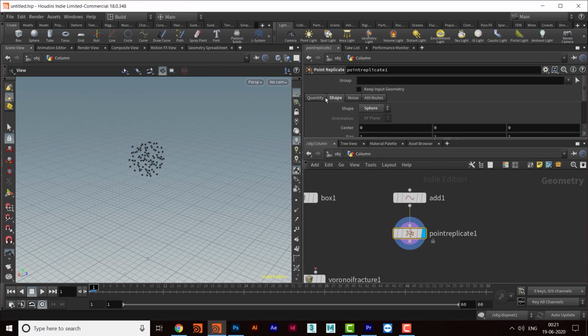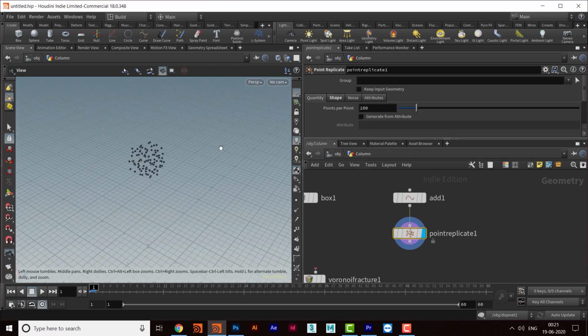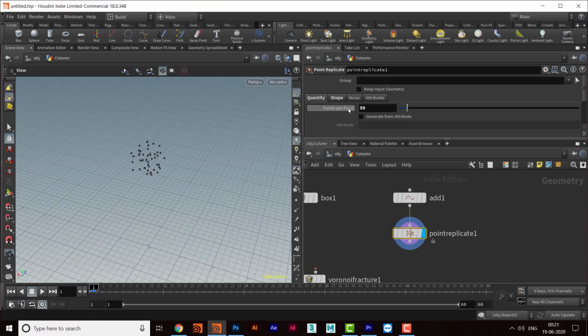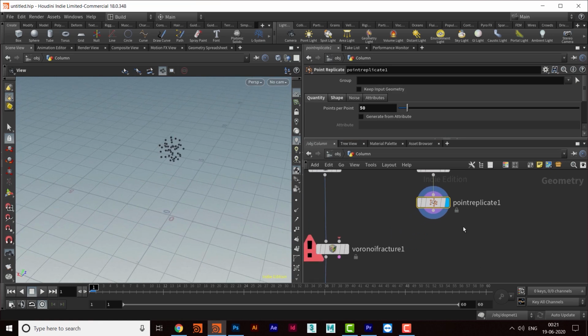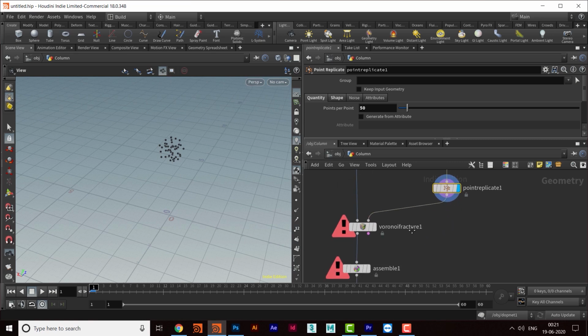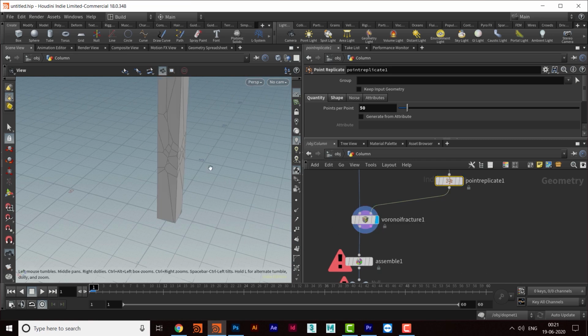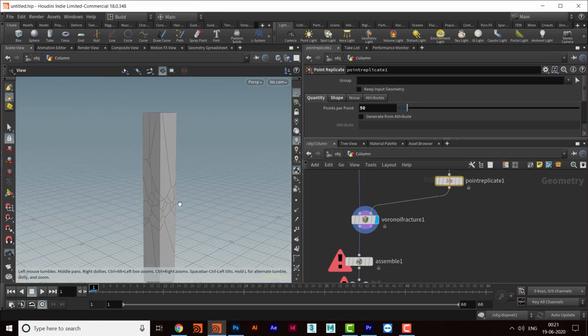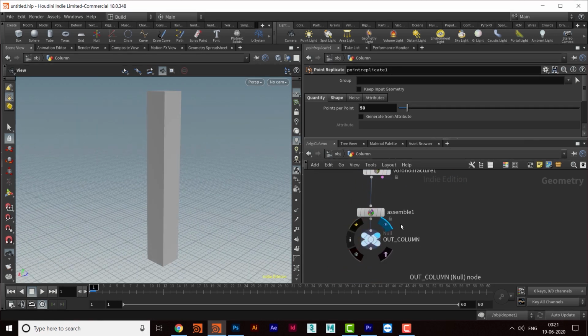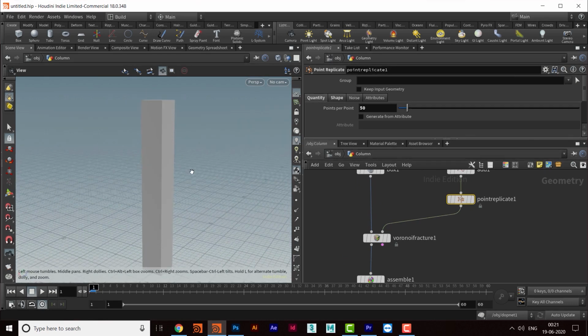We can change it to a sphere. So these number of points are there. We can reduce the number of points and make it maybe 50 only, and we can increase the size also. So many things are there, but for now I'll be using this only. So I will use the second input for these points. As soon as I do it and click on this one, then these number of chunks are there, and then we'll click on the out column, and then we can see.